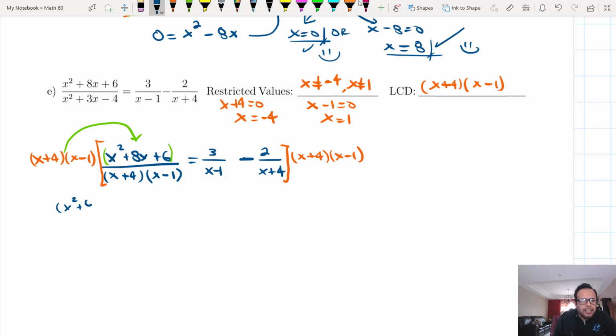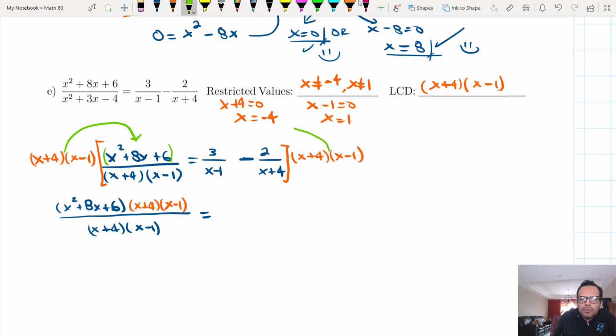x squared plus 8x plus 6 times the quantity x plus 4 times x minus 1, the whole thing divided by the quantity x plus 4 times x minus 1, equals. Let's do the same over here: distribute x plus 4 times x minus 1 with the numerator of the first fraction, right? So that'll give us a 3 times x plus 4 times x minus 1